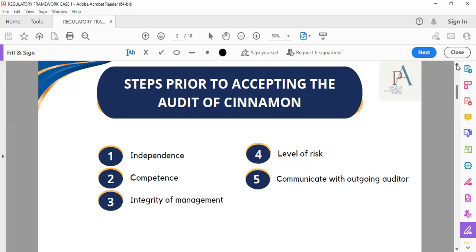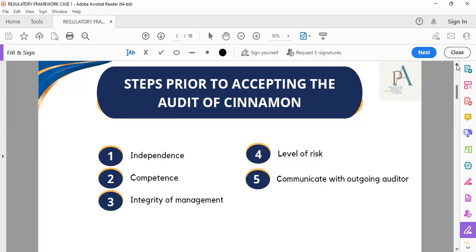You need to communicate with the outgoing auditor to find out if there would be professional reasons why you should not undertake the audit assignment. They should also be able to fill you in on the nature of the company and the risks that you may not have anticipated. So these are the steps they should take prior to accepting the audit